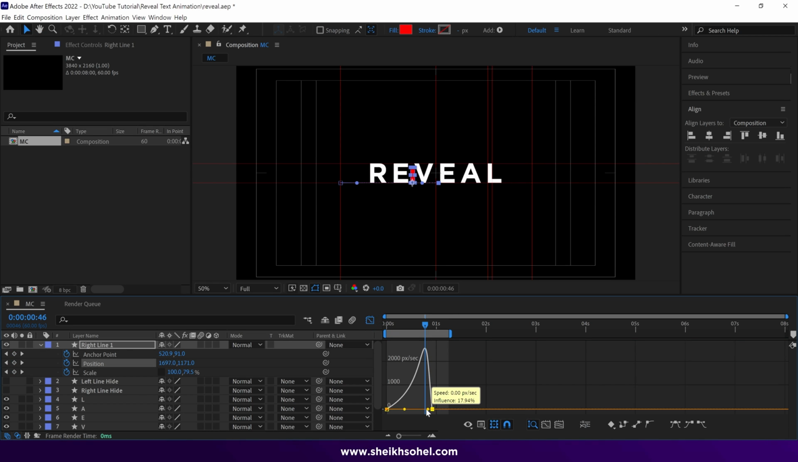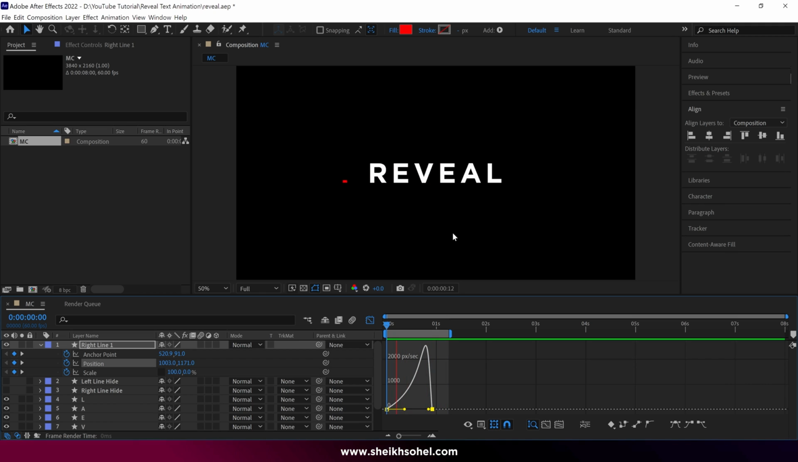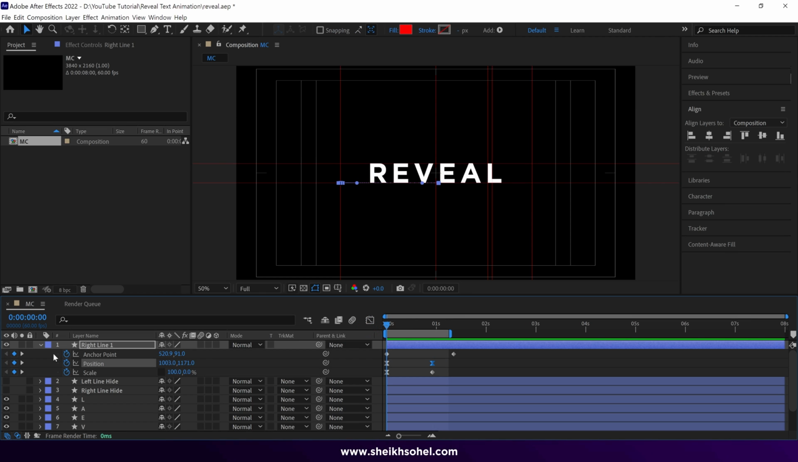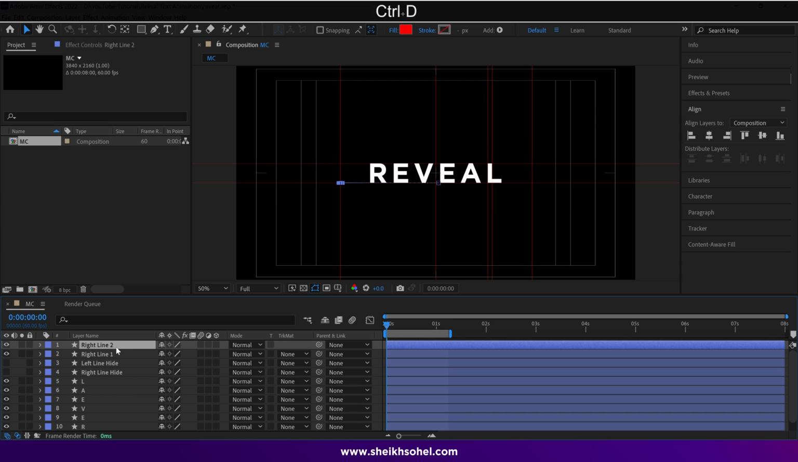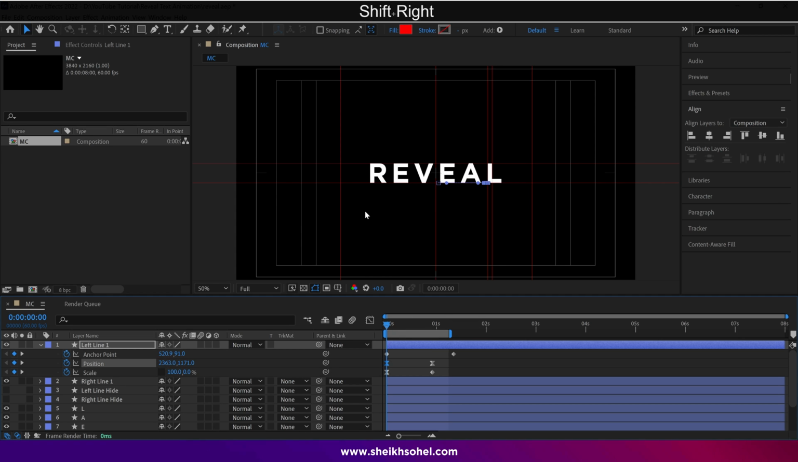Just minor changes into the position graph. And that's looking good. Now, I duplicate this layer and rename it to Left Line 1. After that, I open the properties of this layer and change the position of the line from left to right with the help of guidelines